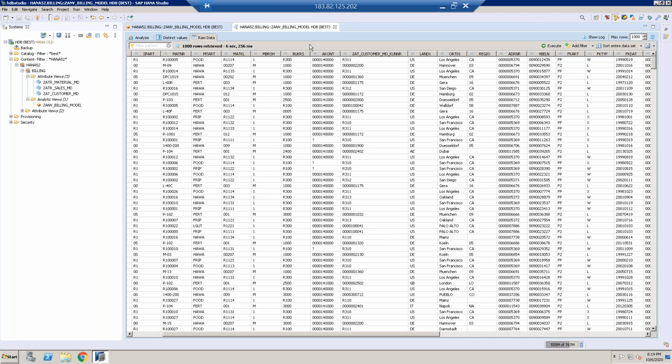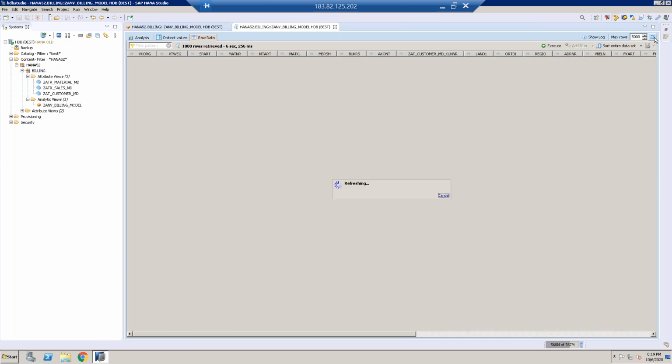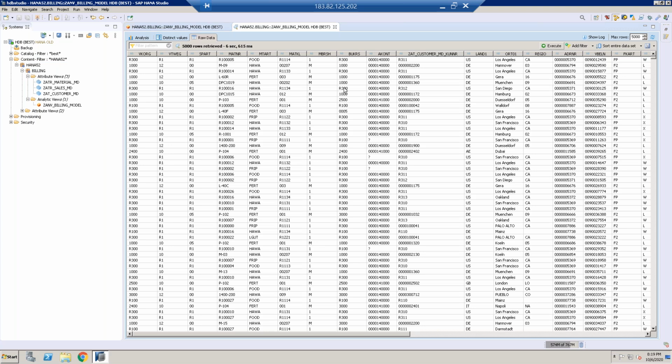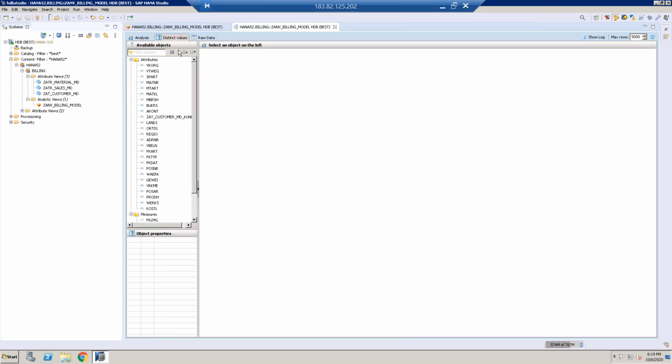You're seeing only 1000 rows, that's it. It doesn't mean this model has 1000 rows. The maximum rows you can see here is 5000, not beyond 5000 rows, because only the developer will view the data here. Okay, now you can see 5000 rows. If you want to see the number of records here, go to distinct values and pick the option called